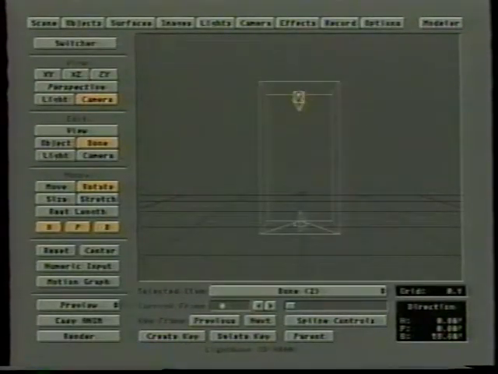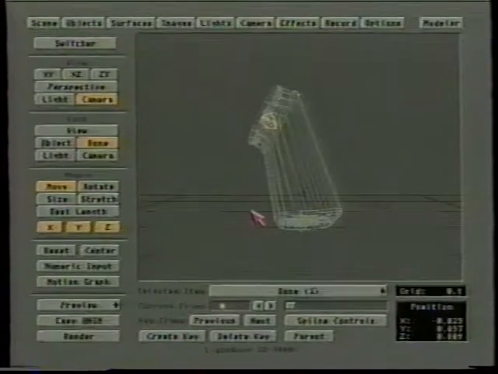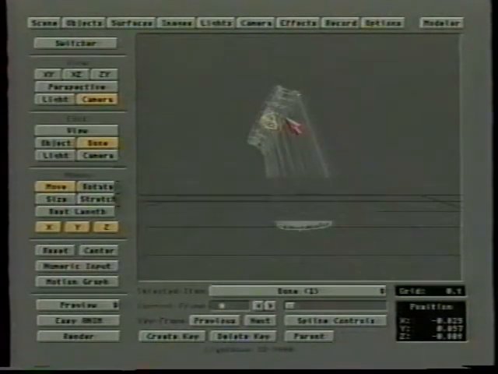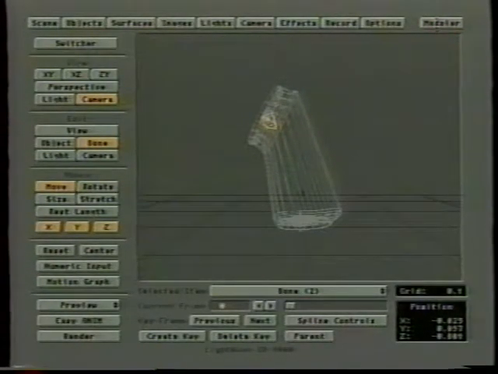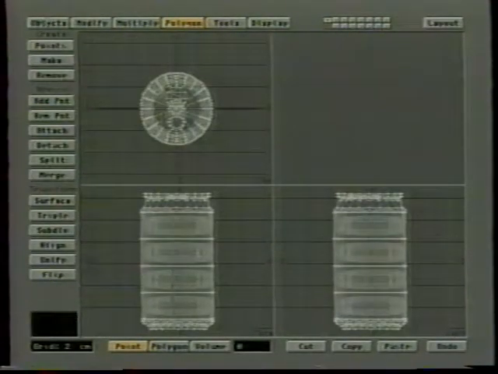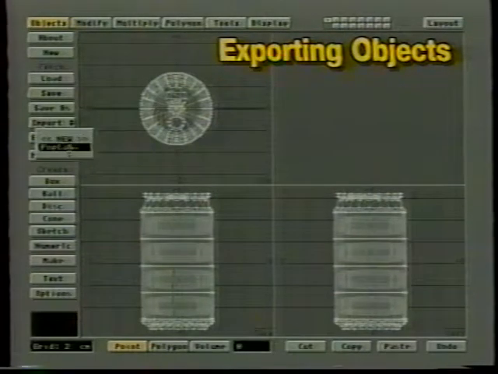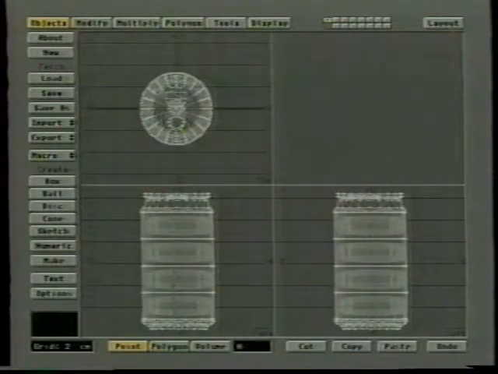And let's show a rotate here and move this a little. And let's move this down a little here. Okay, and let's just create a keyframe for this bone so the bone is locked into place. This is the way it looks now. Let's exit back to Modeler. And let's replace that pop can, the original one, with the one that we've modified now. To do that, let's just hit the A key so we fit this into all three views. We'd go to Objects, do an Export, and we're going to export this in place of the current pop can. And it's going to replace it. We say that's okay. Then when we exit back out,